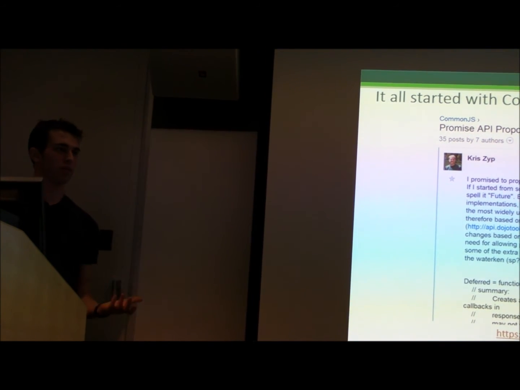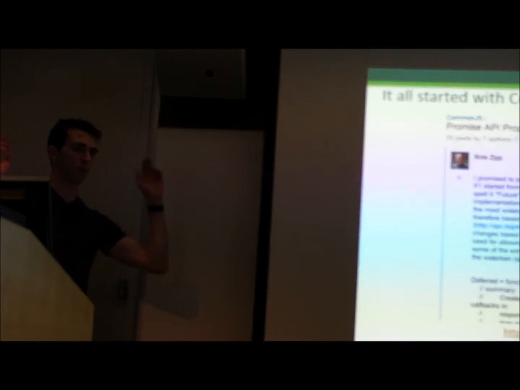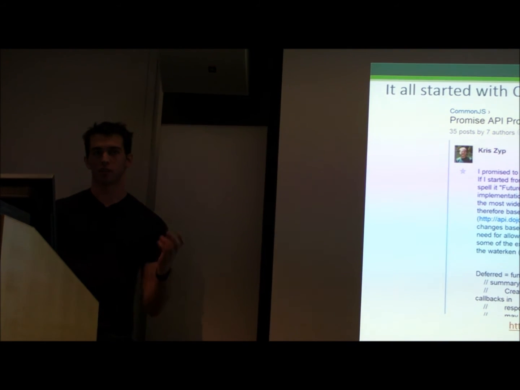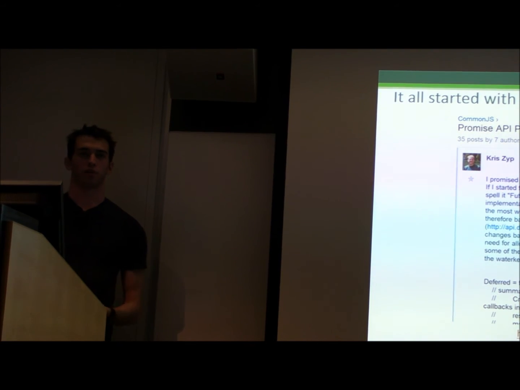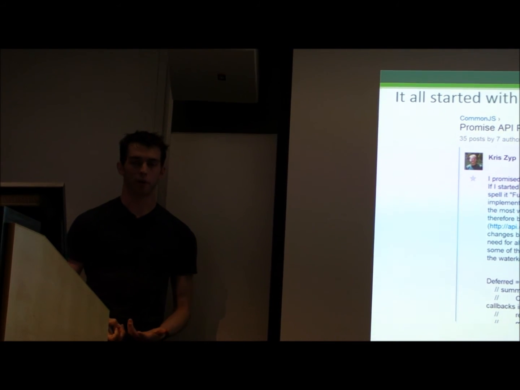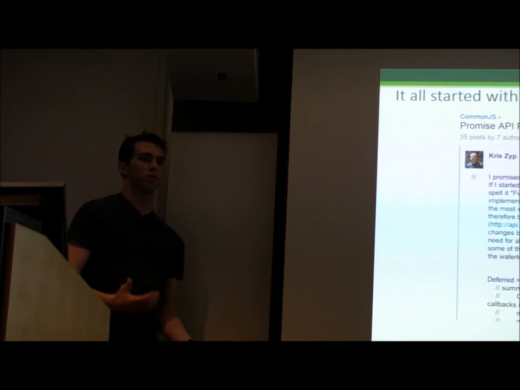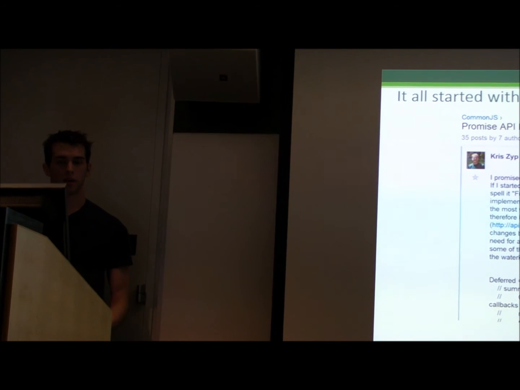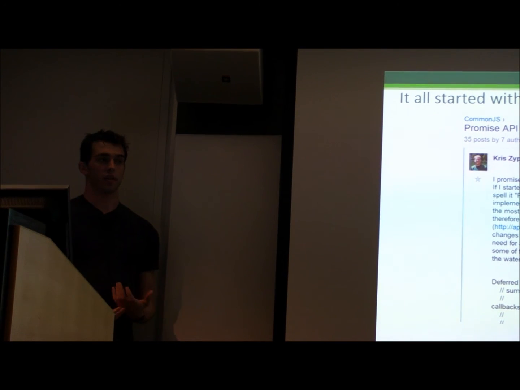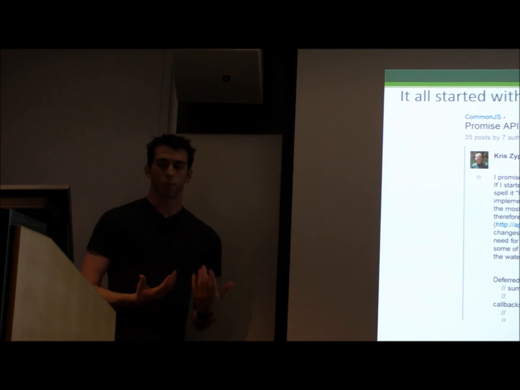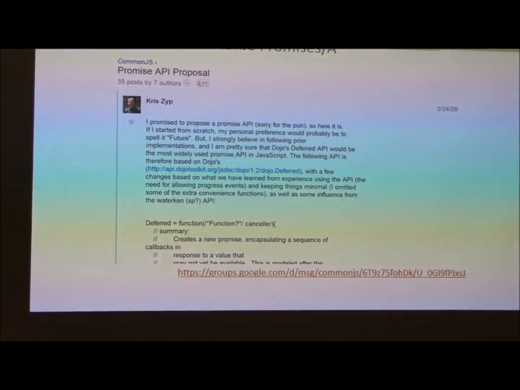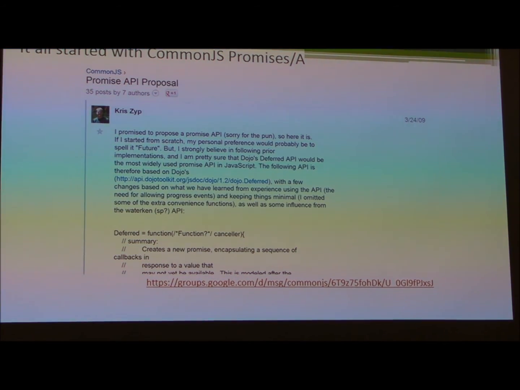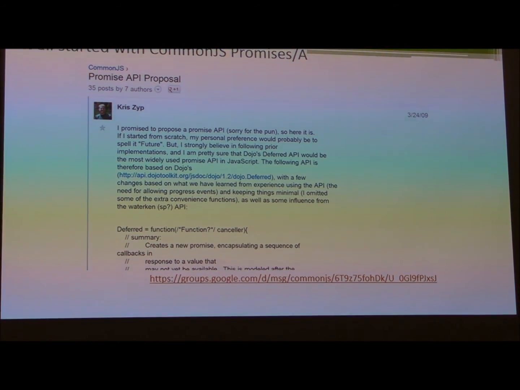In JavaScript, the promises movement got started with CommonJS Promises/A. CommonJS was an interesting standards group. They were essentially a mailing list. And they were from the early days, before Node.js, before any of the server-side JavaScript stuff was really popular. They were saying, hey, let's do JavaScript on the server. What are some common patterns we can standardize on? So promises was one of the things they were trying to standardize on. And they got pretty far. They had this idea of Promises/A, which was inspired by Dojo. Dojo was the original implementation, and some others. But you can see the original message where I propose a promise API, or I promise to propose a promise API.